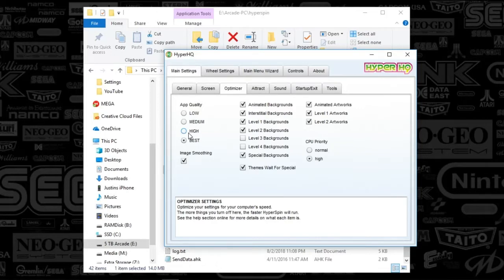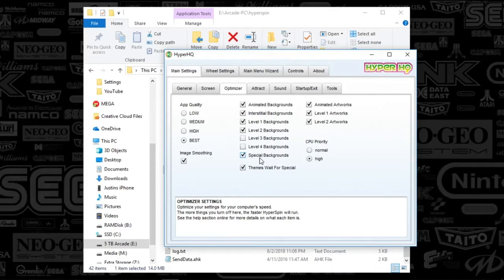In terms of the middle column, we've got a number of different backgrounds here. And depending on the specs of your computer, Hyperspin might put a damper on your system. What I mean is if you click all the way through level 3 and level 4, it might slow down your wheel depending on the number of games that you have in your system. So what worked well for me, because I like a nice snappy wheel, I checked everything through level 2,